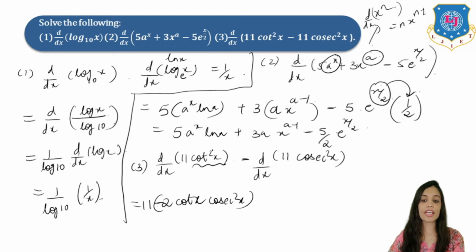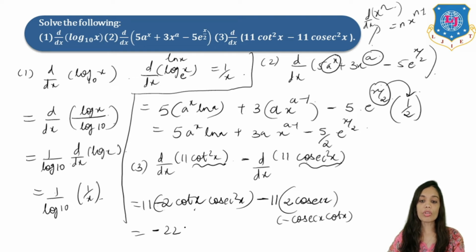So what I have done, first I have reduced the power. So 2 cot x, and then I have to find the derivative of cot x. It will be what? Minus cosec square x. So these are the examples of chain rule. Again take out this minus outside. Now derivative of this term, first bring 2 here. So 2 cosec x. Now write the derivative of cosec x. It is what? Minus cosec x, right? Into cot x.